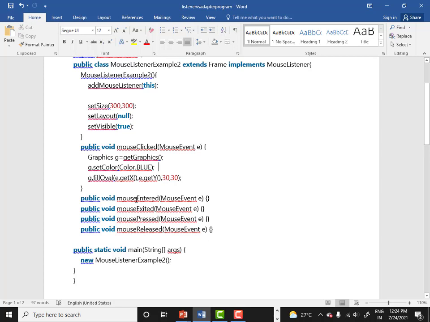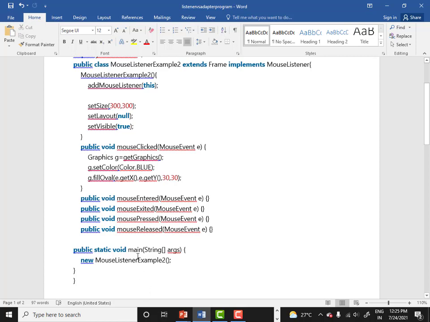So you have seen that you have given the mouseEntered, mouseExited, mousePressed, and mouseReleased methods. There are these four other methods, and all of them have a blank implementation. Blank implementation means they simply have open and close brackets, so they don't have any implementation. This has to be done whether you like it or not. So why do I have to write this unnecessarily when I am not using these methods or overriding them? That is why we make use of adapter classes.